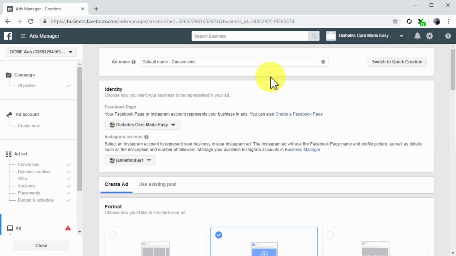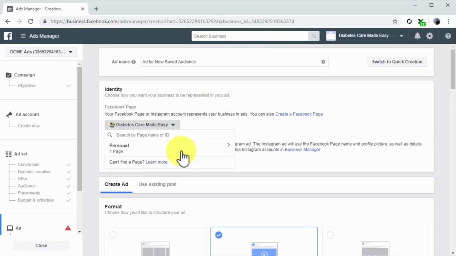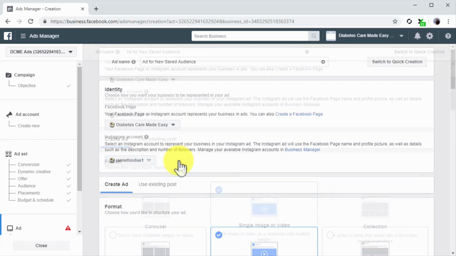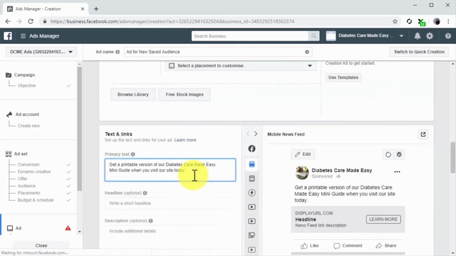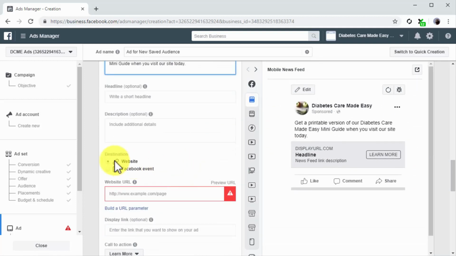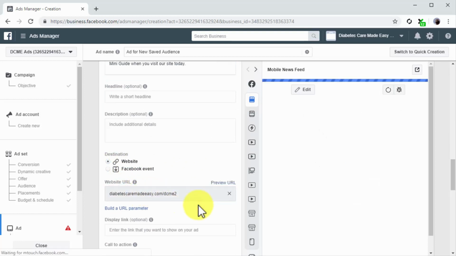First, enter the name for your new ad. Next, select the page that will represent your website in the ad. Now select an ad format and media. Now enter your ad copy into the primary text field. Next, make sure that website is selected under Destination, and then enter your landing page URL into the website URL